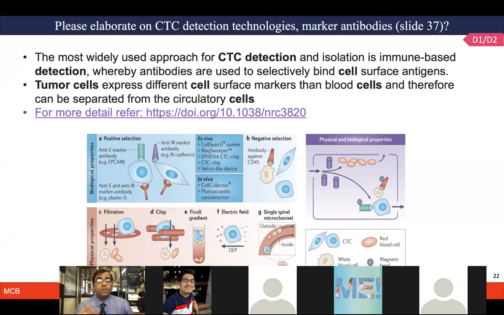So this is known as immunoassay because you are looking at some antigen antibody reactions, and once those have been identified on the cell markers, so again the identification of these markers are coming from the basic science research, from the lot of research happening in the field, from genomics, proteomics, other type of cancer research. But once we have identified these markers, then those markers could be utilized to develop antibodies, and different type of detection technologies like CTC detection technologies could emerge.